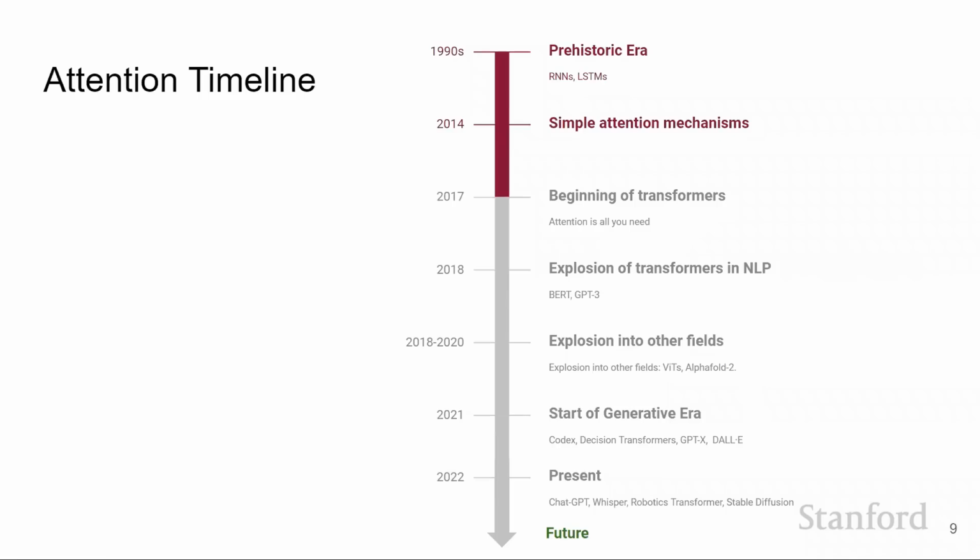So that was 2018. After 2018 to 2020, we saw this explosion of transformers into other fields like vision, a bunch of other stuff, and biology, like AlphaFold. And in 2021 was the start of the generative era, where we got a lot of generative modeling, with models like Codex, GPT, DALL-E, Stable Diffusion. So a lot of things happening in generative modeling, and so we started scaling up in AI. And now it's the present. So this is 2022 and the start of 2023. And now we have models like ChatGPT, Whisper, a bunch of others. And we are scaling onwards without slowing down. So that's the future.